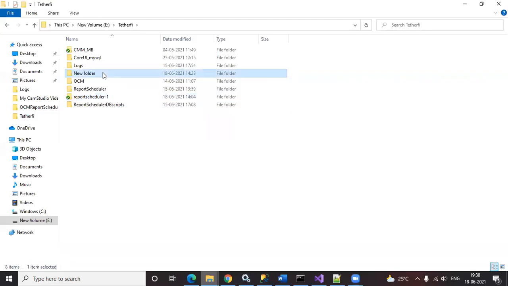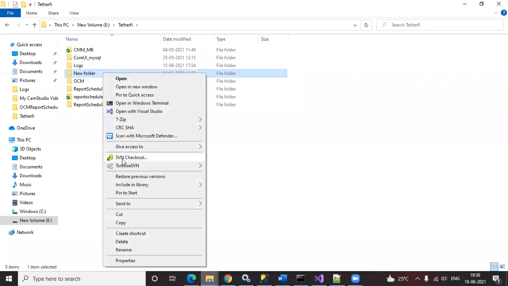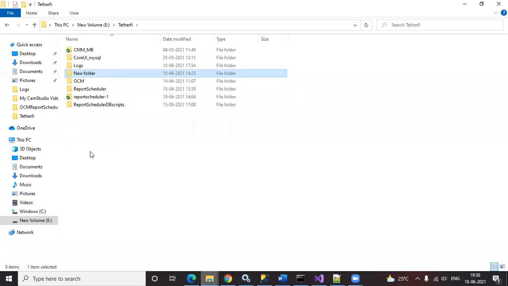I'm here to take you through the deployment process for OCM Report Scheduler. You'll be able to find this document at docs.tetherfi.com under Omnichannel Manager. Now, before we begin with the deployment process, we need to copy this particular SVN repository link and perform an